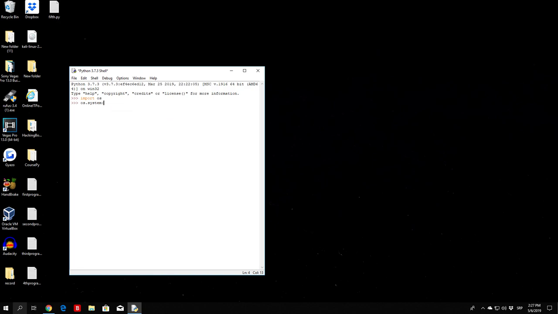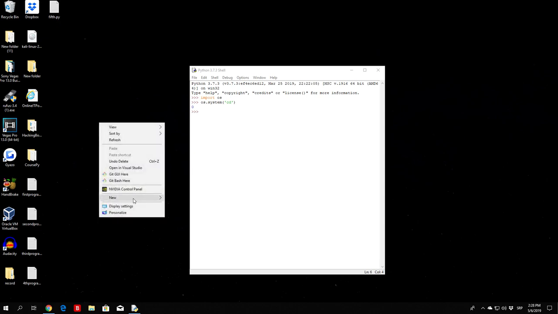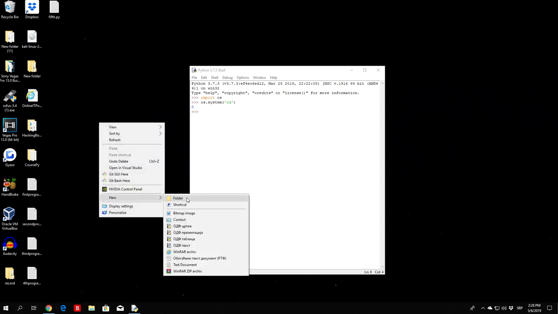So, for example, let's execute a command, cd. If you just type here enter, never mind, you can't really do that, but you can do something like this. I mistook this library with the subprocess library, which I will show you just in a second. If you just go right here, new folder,